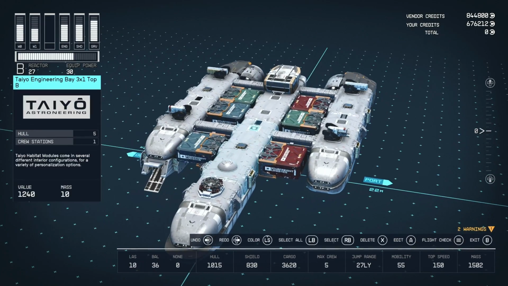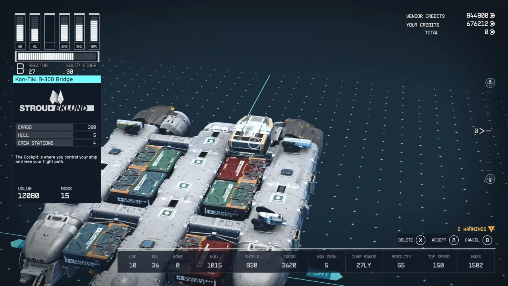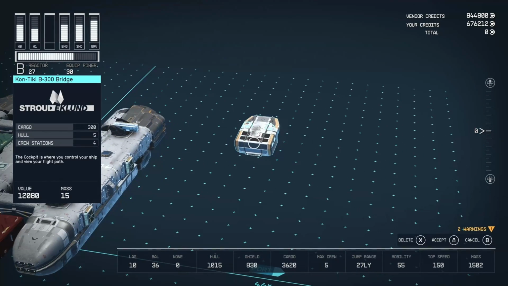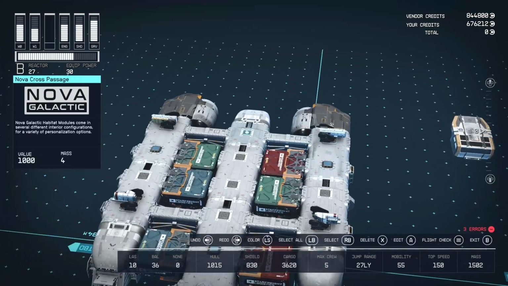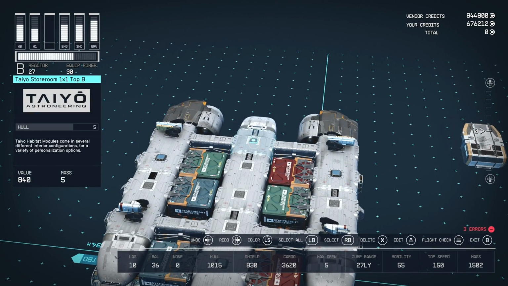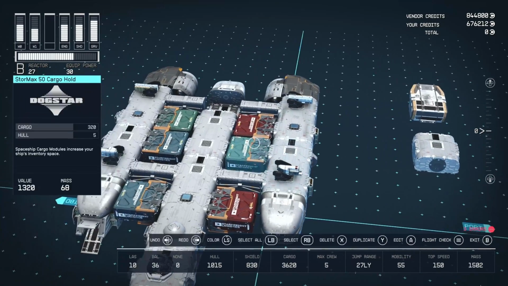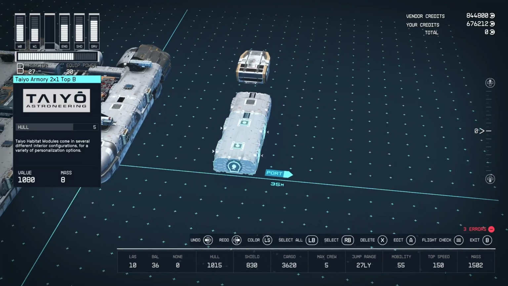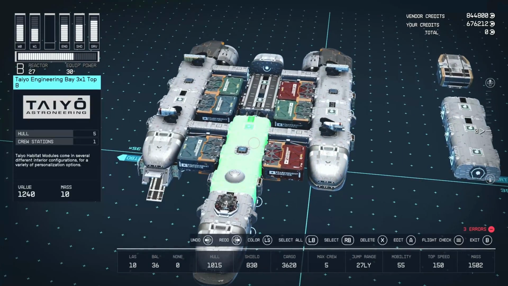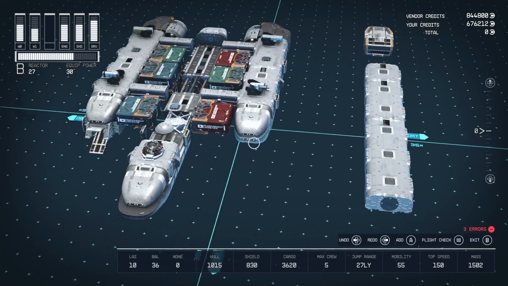Alright, so here we are for the teardown. Oh, whoops, didn't mean to grab that yet. So at the very top here, we have a Kontiki B300 bridge from Shroud Eklund, a really nice bridge. And then we have a Iio 1x1 top B storeroom, a Iio 2x1 top B armory, a Iio engineering bay 3x1 top B,